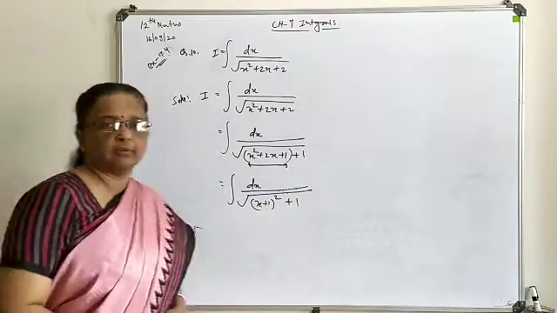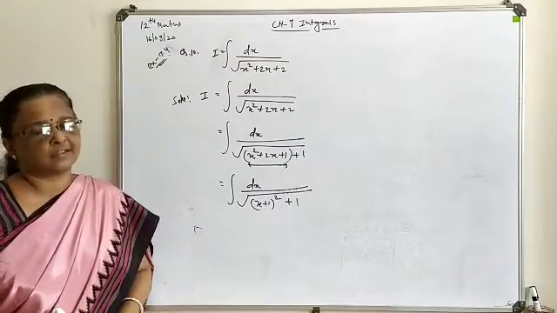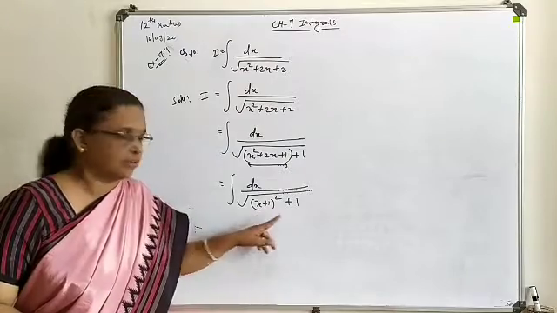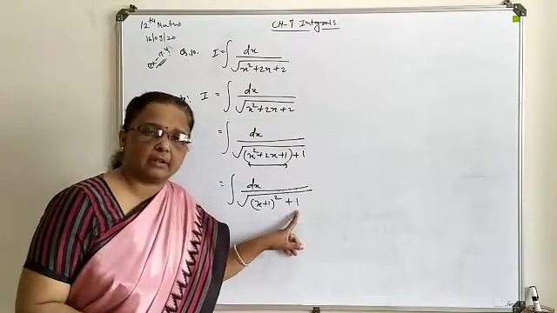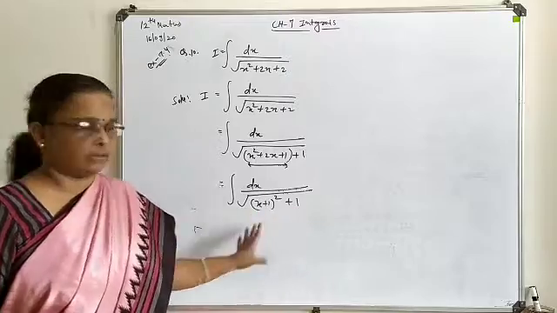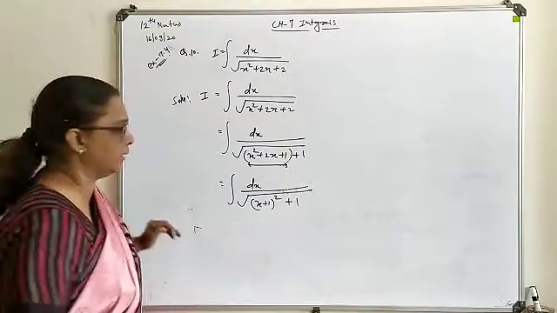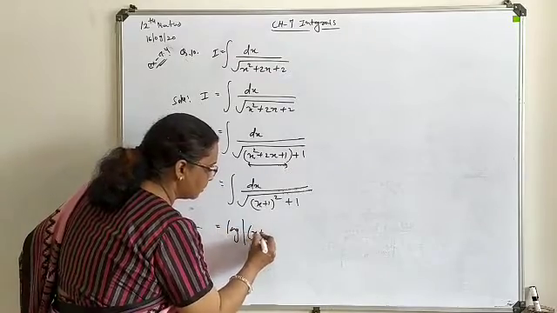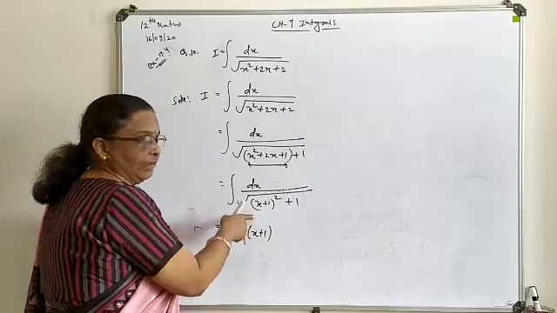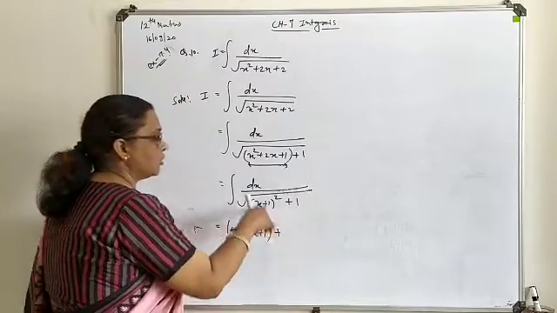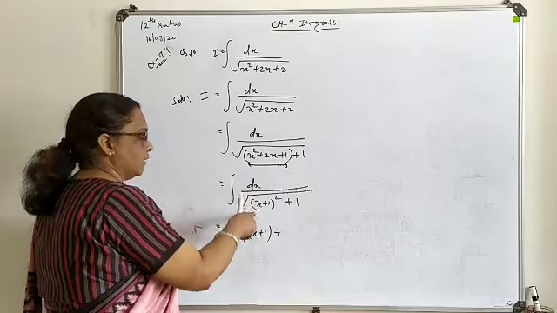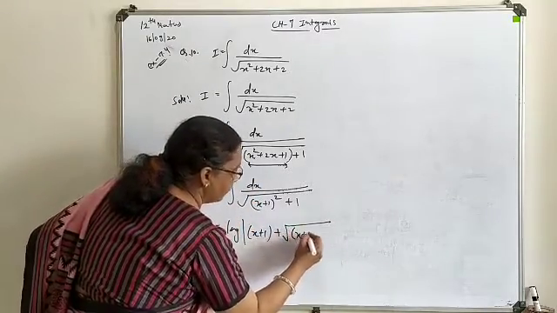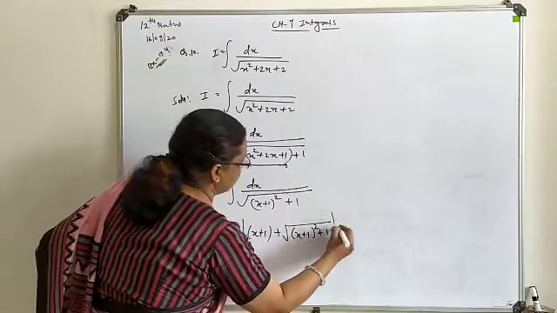Now this is the formula form we know as 1 upon under root x square plus a square. In our question, in place of x we have generated x plus 1, whereas in place of a we have 1, or 1 square as the square form. So implement your formula here as an integration: it is log of x, meaning the term we have generated in the form of x plus 1, plus the square root expression of the question itself. You can write this form and also that form. Both are applicable as the answer form. So anyone you can adopt to write the final answer.